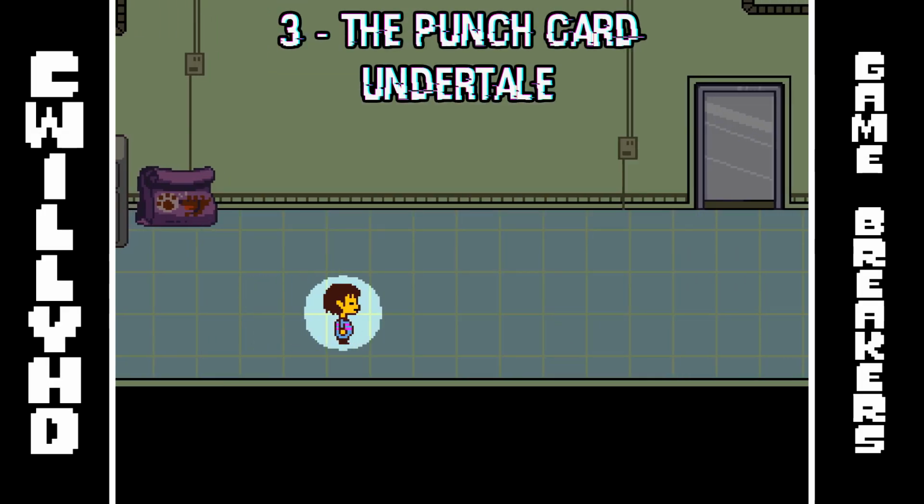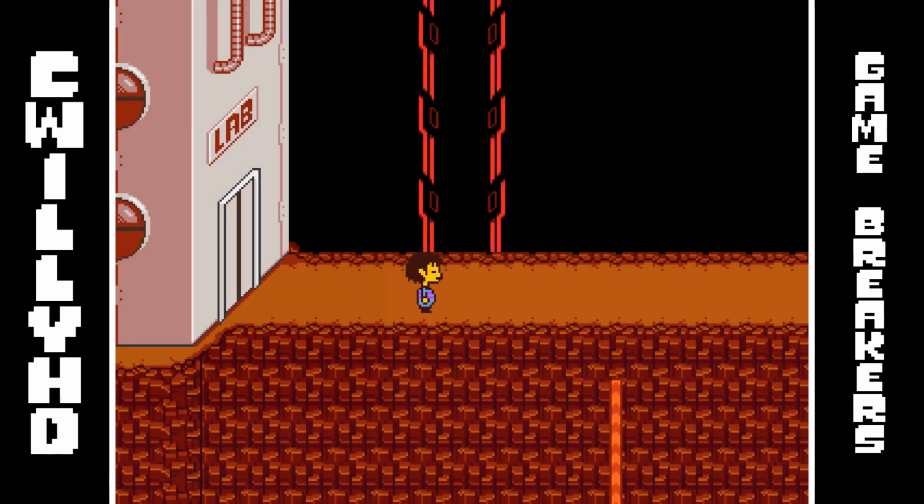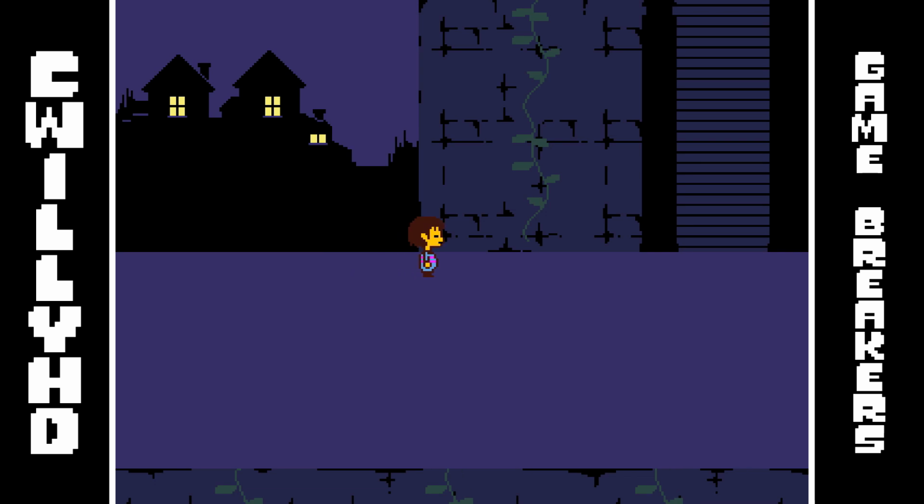Moving over to Undertale and the punch card skip. It can be used to skip a lot of cutscenes and events throughout the second half of the game. So as you might already be able to tell, it's pretty broken and useful. It's not too hard either, you just need to trigger an event and activate the punch card at the same